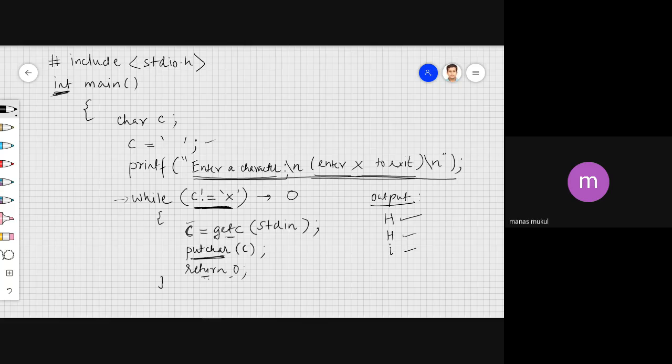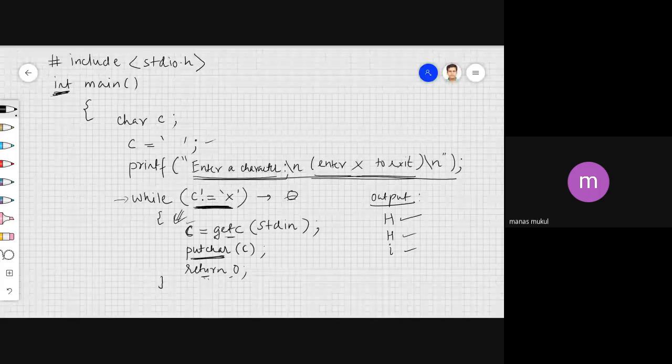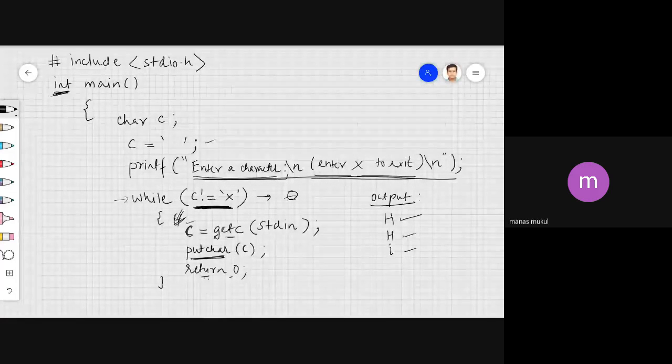So what will happen is it will get inside this loop. This condition, it is not equal to, this is true. So when it is true, it will enter this, and then again, it will ask for another character. So I can keep entering and the values will keep getting printed onto the screen. But once I write